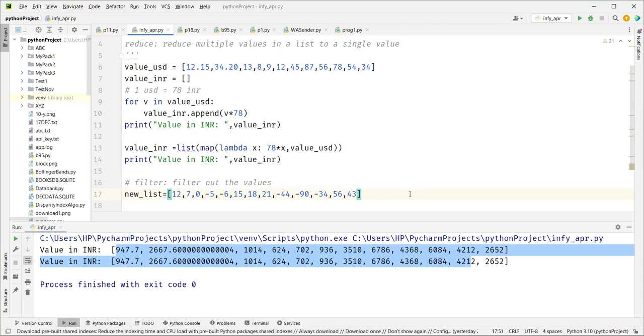Now from this list, I want to filter out negative numbers. I want to have only positive numbers. So I want to leave out negative numbers. So you have a condition, right? That means values which are less than 0, I want to ignore. I want to remove from the list. Right. So this is where,